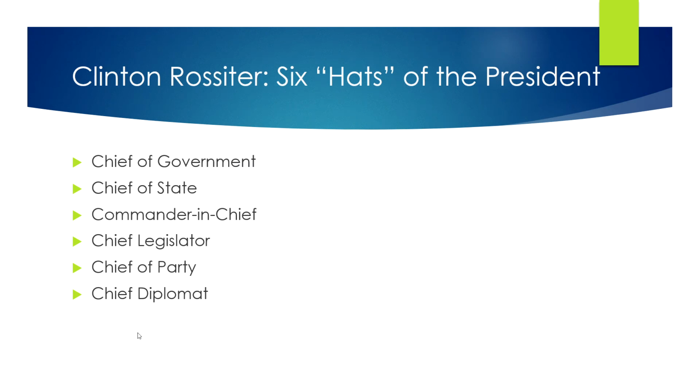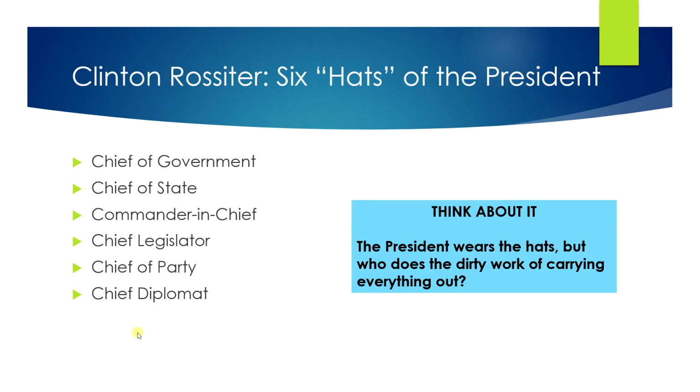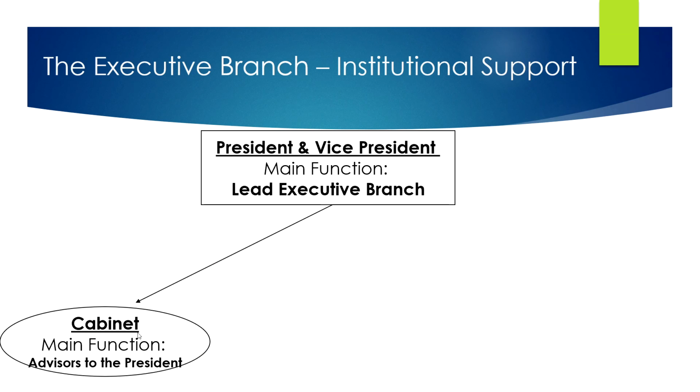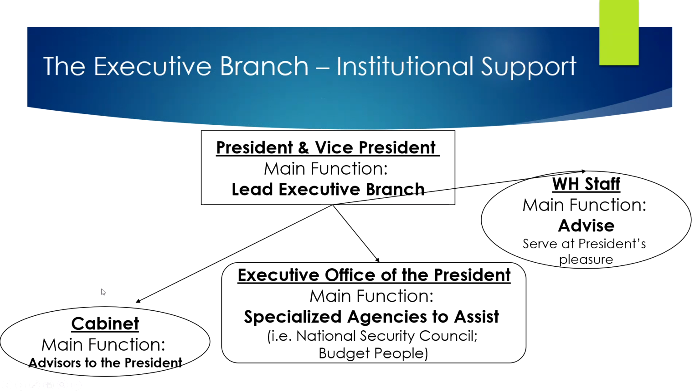And so we saw a lot of the major areas of concern that presidents have. But that being said, right, the president is not the one who's actually doing a lot of these things. The president cannot do all of these things, right? The president is just a single person. So within the executive branch, there is a lot of what's known as institutional support. And we'll look at each of these here in just a moment. But 3 major areas include the cabinet, the executive office of the president, and then the White House staff. And again, we'll look at each of these 3 on subsequent slides.